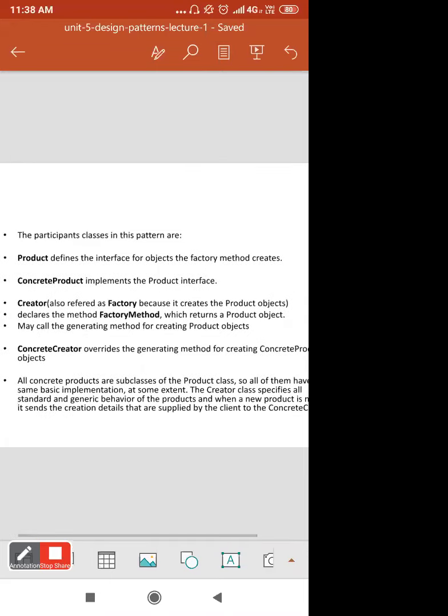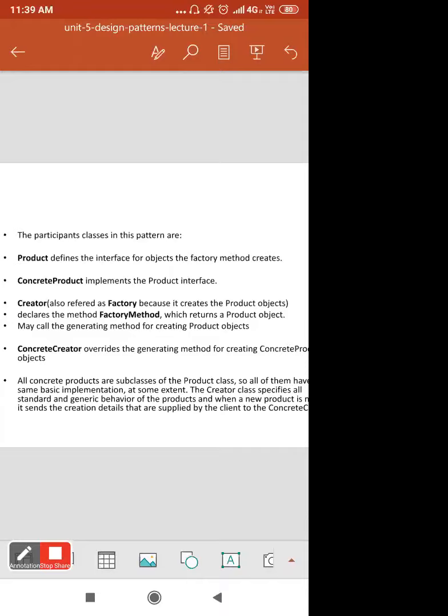So what do they actually provide, or how are they defined? So product defines the interface for objects the factory method creates. Okay, it defines the interface.